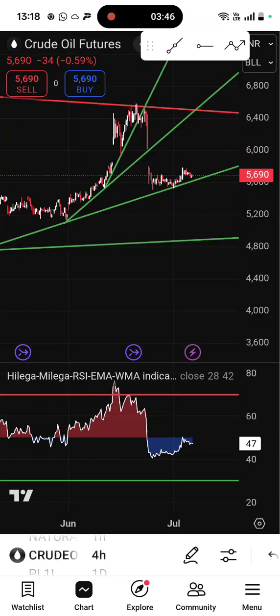First of all, we need to draw a trend line at a higher time frame, and we need to take the entry through RSI divergence, and exit through trend lines at the 4 hour time frame.